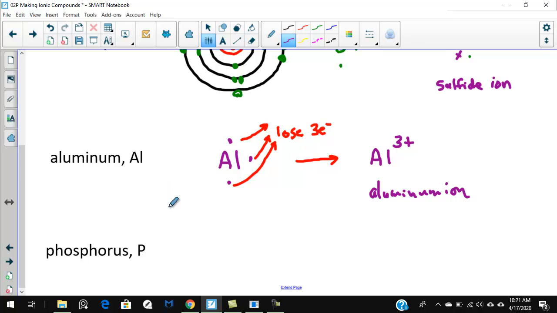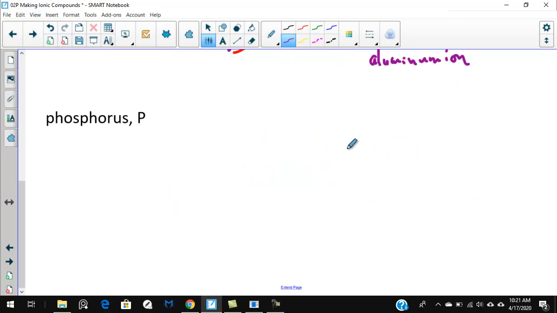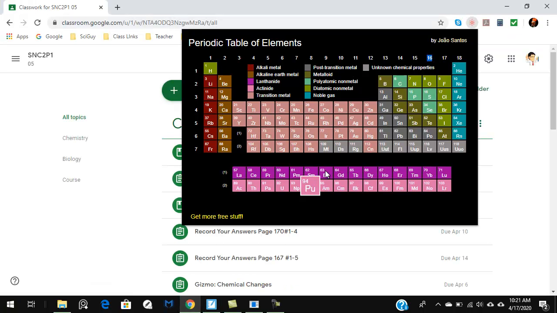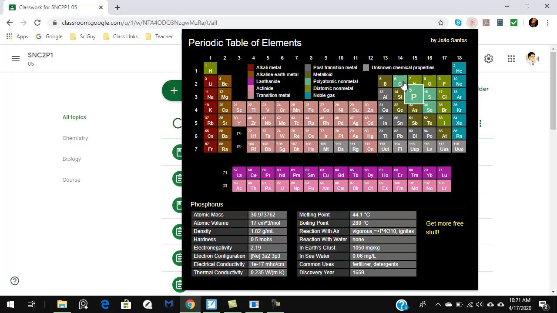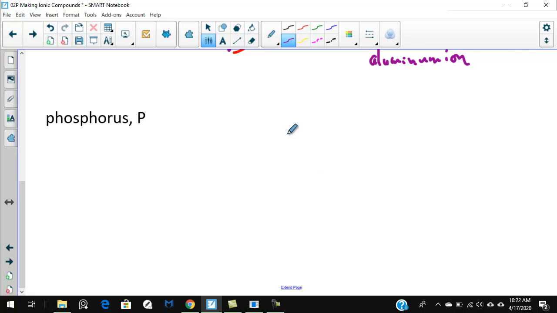Okay, and then finally one more non-metal. So if we take a look at our periodic table one last time, we can see that phosphorus is a non-metal. It's in the non-metal section. If you draw a Bohr diagram, it would have 3 circles with 15 electrons in it. Or if we draw a Lewis diagram, it's in group 15, and the last number of the group tells me how many electrons are in the last orbit. So there's 5. So we go back to phosphorus, and what we can draw is phosphorus, so that's a capital P, and there'd be 1, 2, 3, 4, 5,